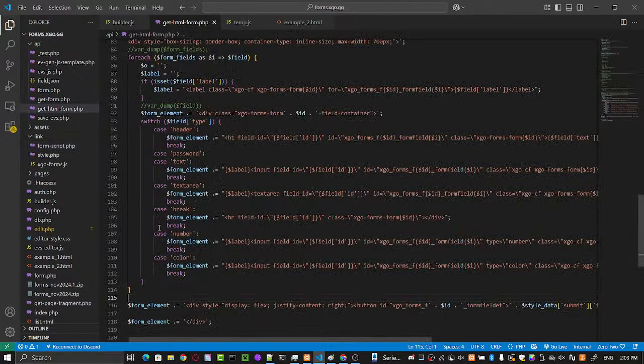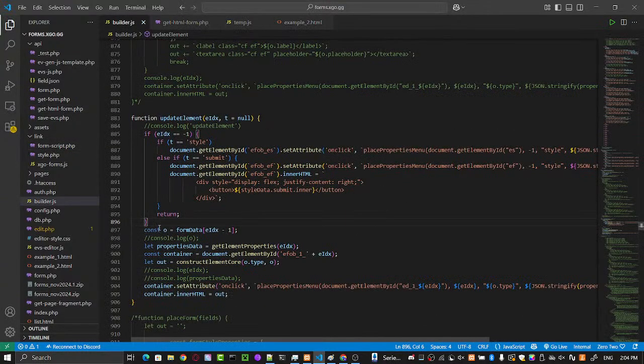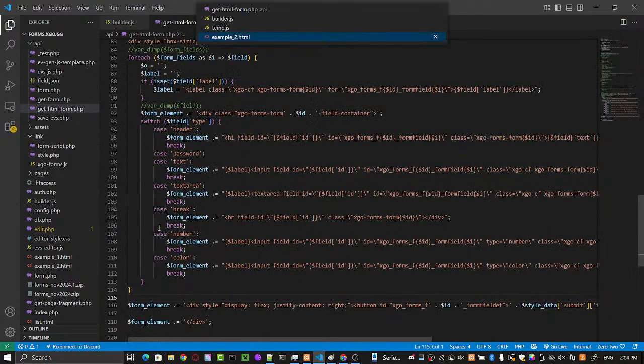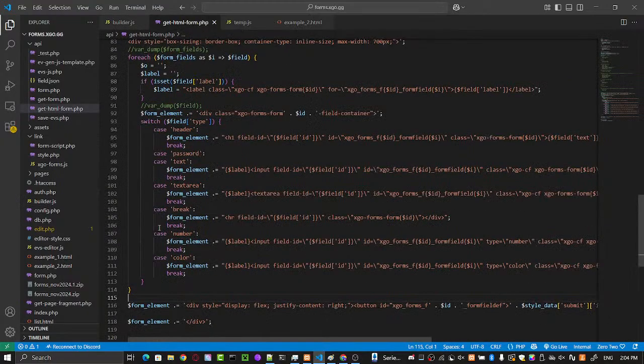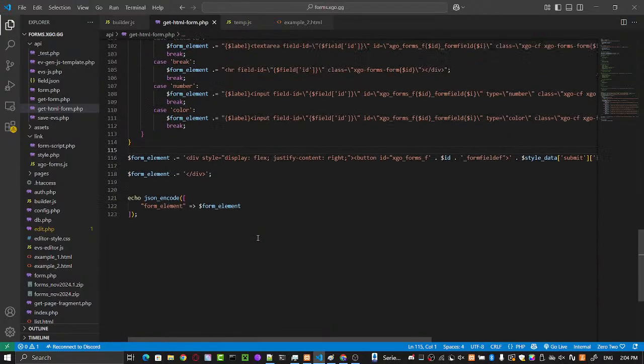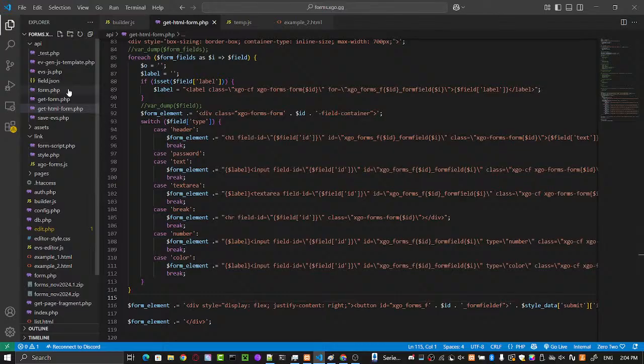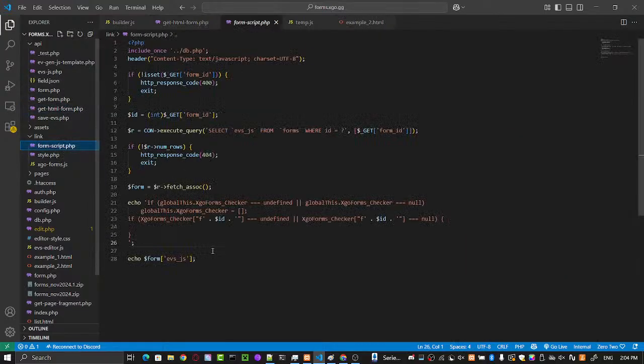Oh god, what the fuck? Wait. Wait, what the fuck? Okay, I accidentally closed the editor,